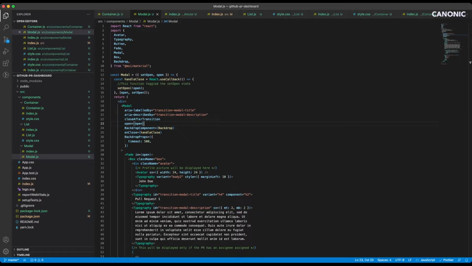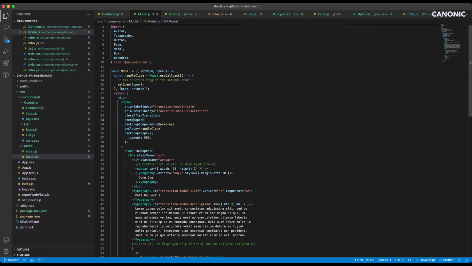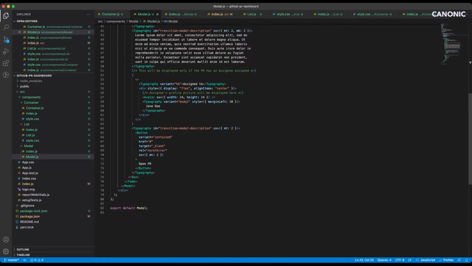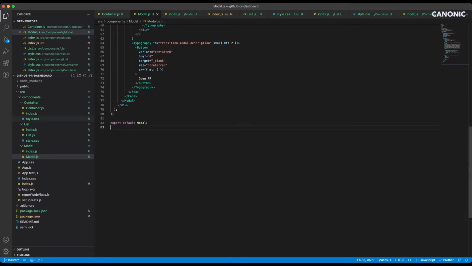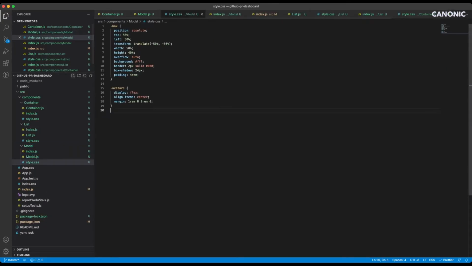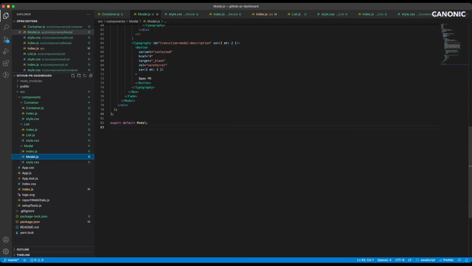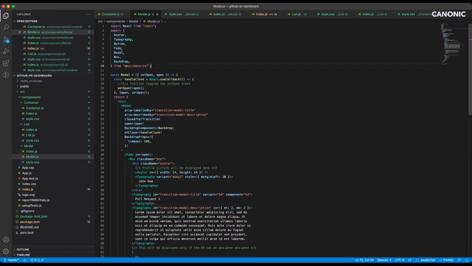Great. Let's also add a style sheet here, add all the required styles. Here we'll need to import the style CSS.